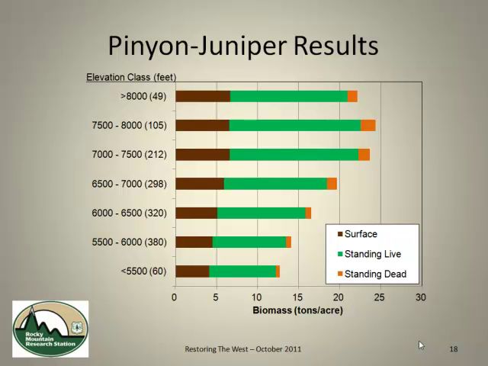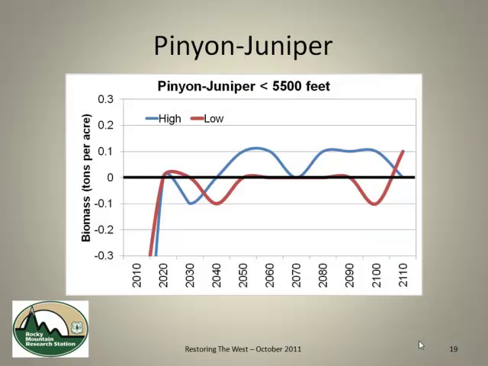Something's going on at those high elevations, and I think it might be due to other species mixed in with that. Also a sample size issue. But we can go ahead and repeat the same modeling analysis for each of these elevation bands and look at the growth, the biomass accumulation potential for each of these classes. So the lowest elevation class,